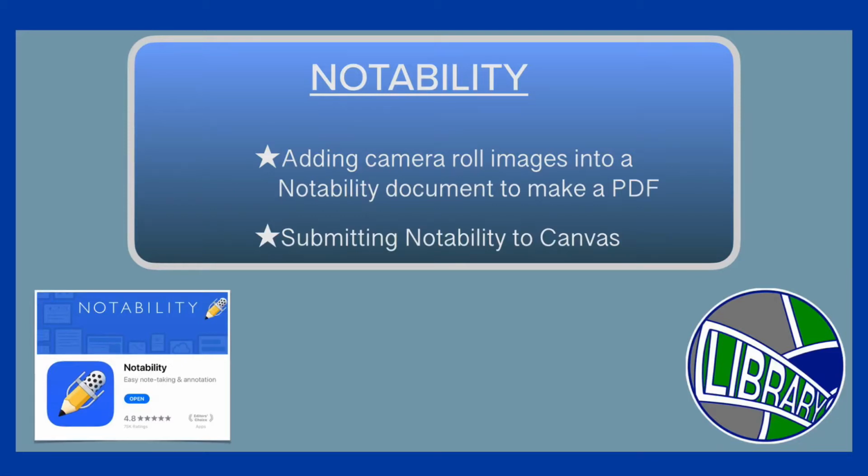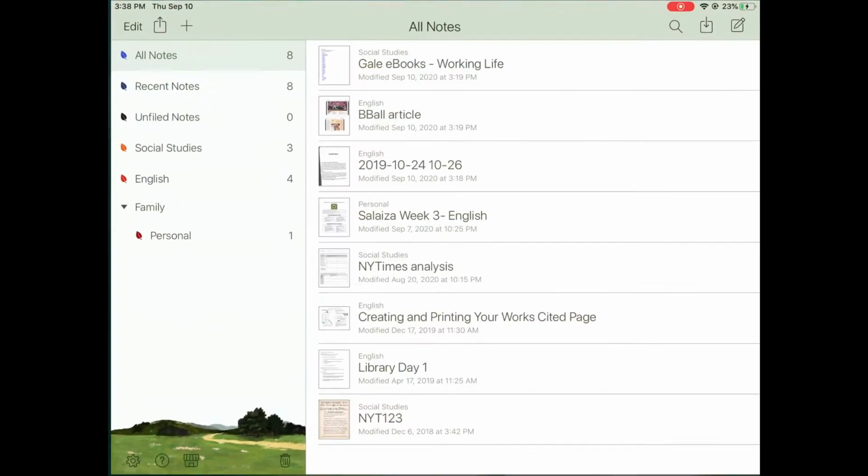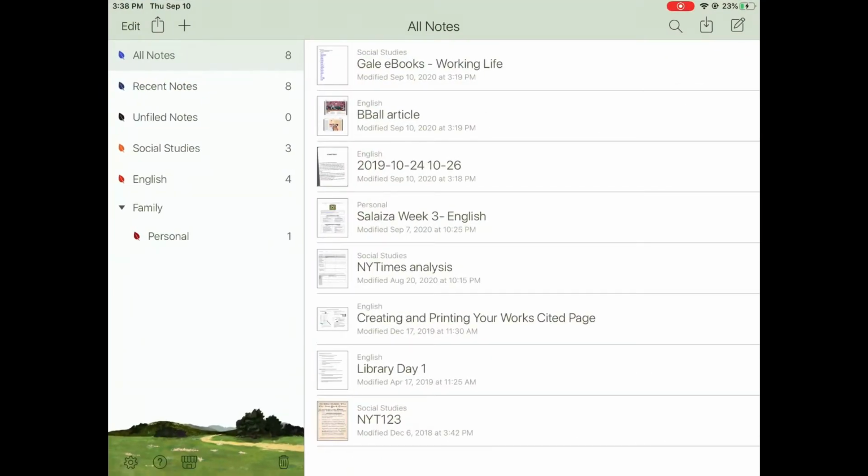The first half of this video will show you how to add images into a Notability document and then be able to turn it into a PDF to turn in. The second half covers turning it into Canvas. Begin by opening Notability up, clicking on the plus button at the top of the page in order to add